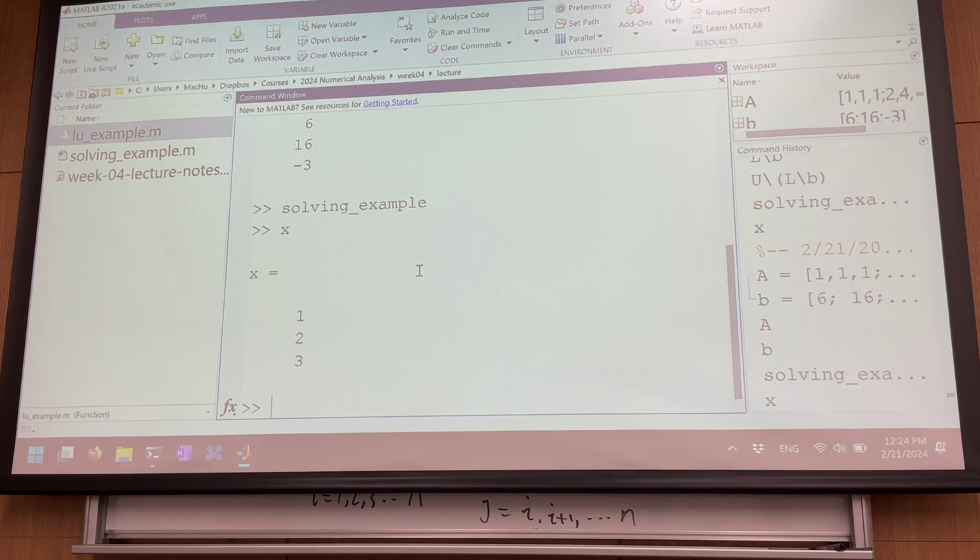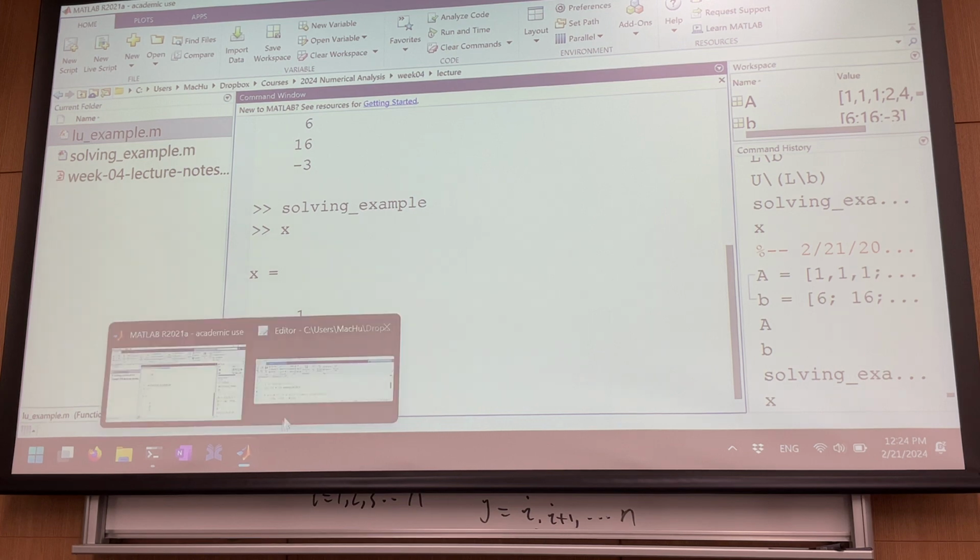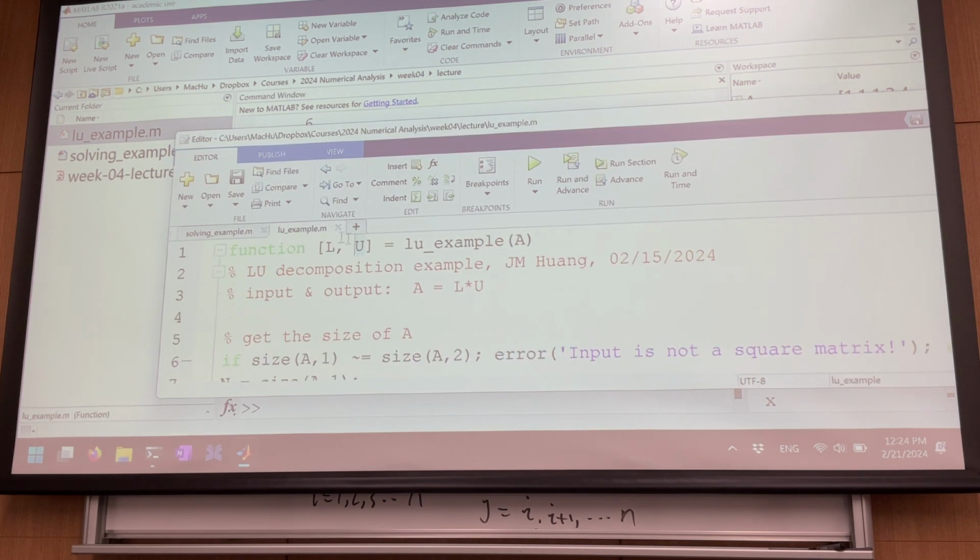So make sure to read through that code and understand what every single line means. Okay, and of course, here, this LU example, like I mentioned before,